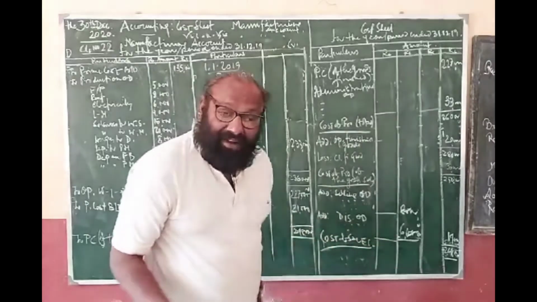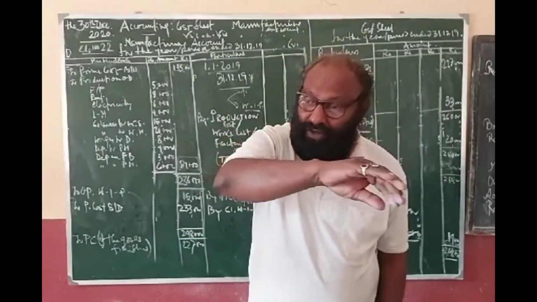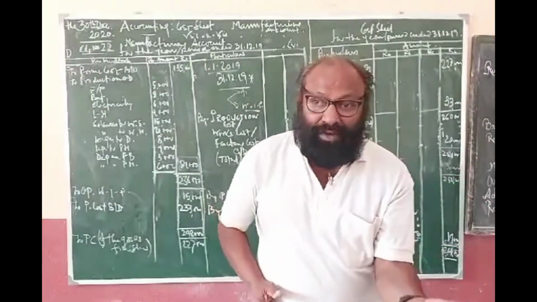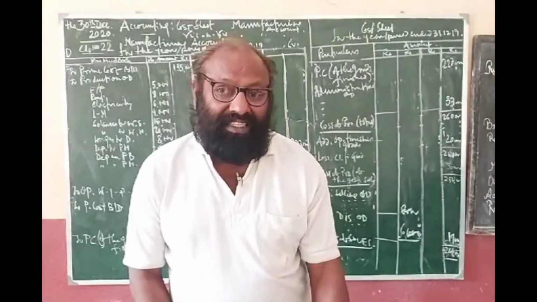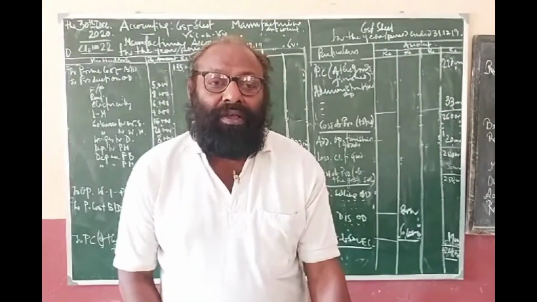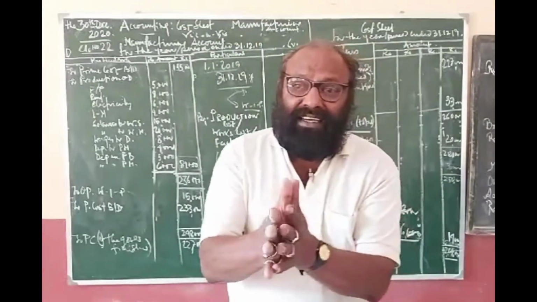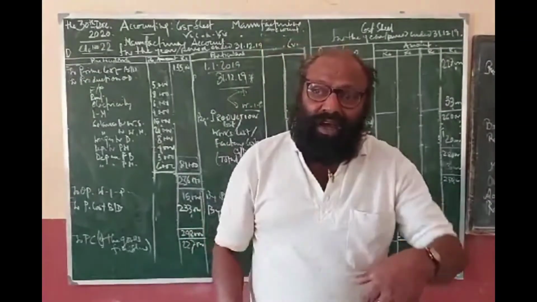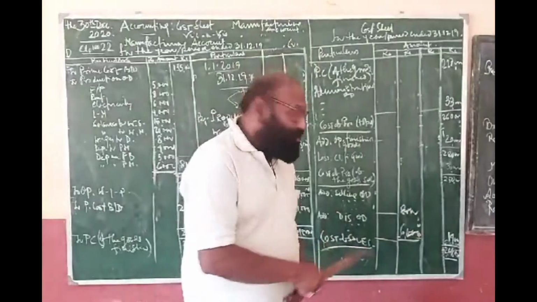And selling and distribution overhead should only be added to those goods which have been sold. For the goods which are in stock, there is no question of adding selling overhead. Say selling overhead, you are giving brokerage on sales. There is an expenditure, or transportation of goods carried out. These are selling and distribution related expenses. The goods which are in your stock should not be burdened with that amount.